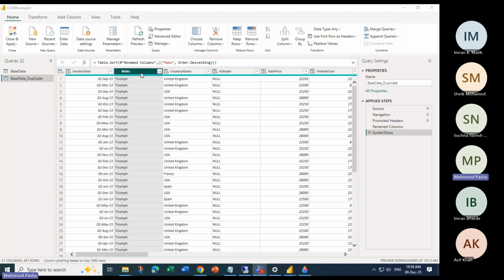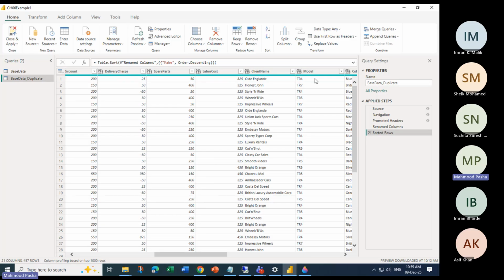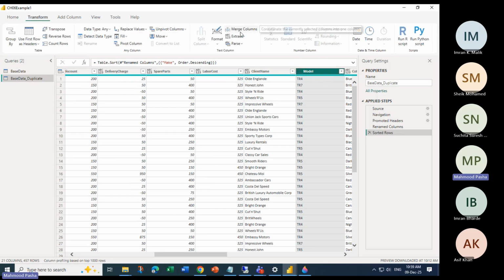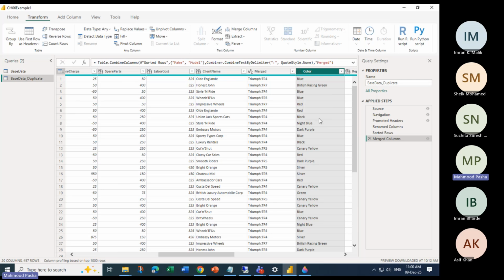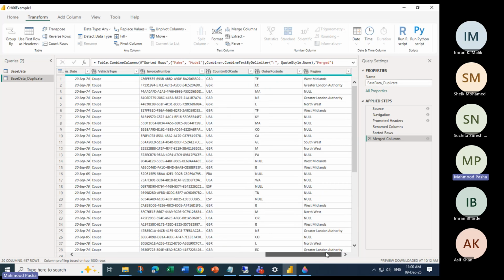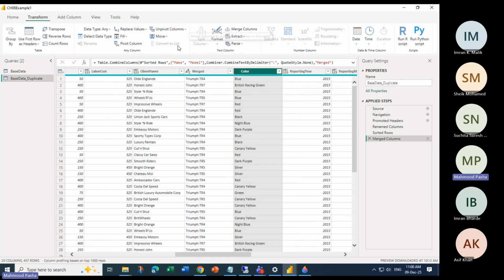As I told you before, for example, if I select this make and model column, you can go to transform and merge columns. When you are merging, it is not giving any option, so I'm just putting merge only. Click OK. Now the column is merged. This merged column is placed at the location where it has merged. Now let's do one thing. When I want to arrange it properly,